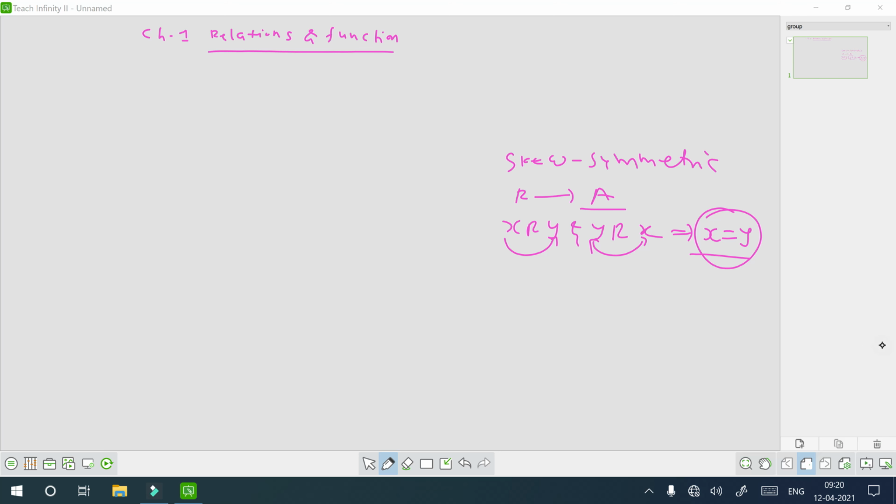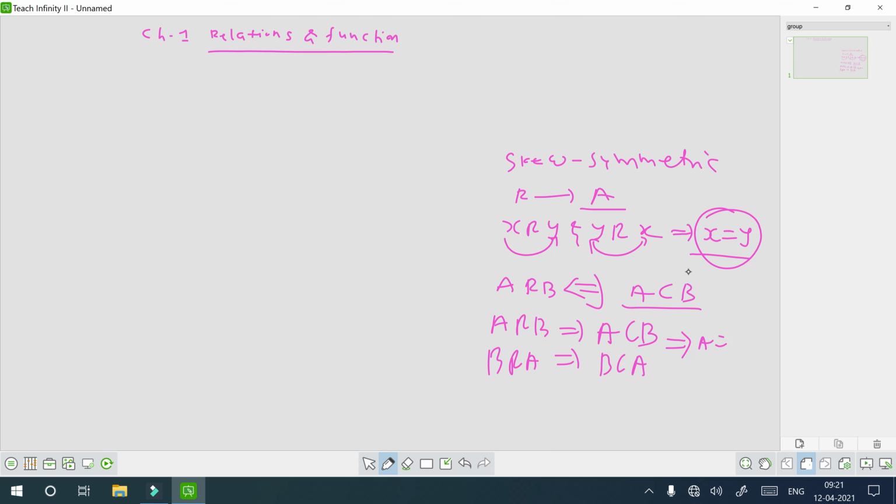Now you observe that (A, B) if and only if A is a subset of B. I am taking the relation as the subset relation. Now see, (A, B) means A is a subset of B. And what is meant by (B, A)? That is B is a subset of A. Both are subsets of each other, so we can say that A is equal to B. So this relation is nothing but a skew-symmetric relation or anti-symmetric relation.